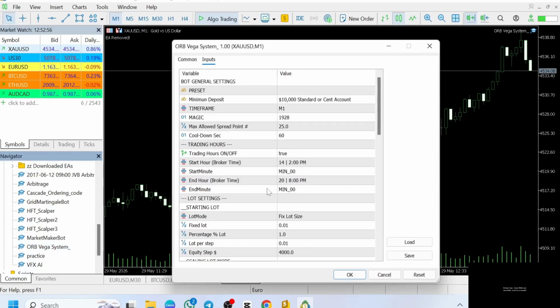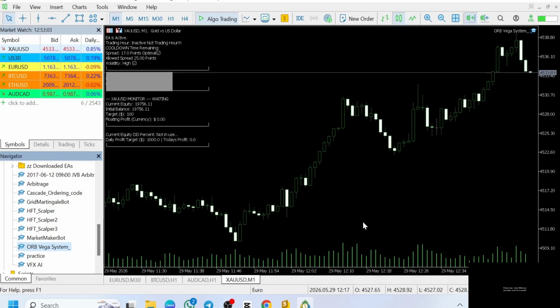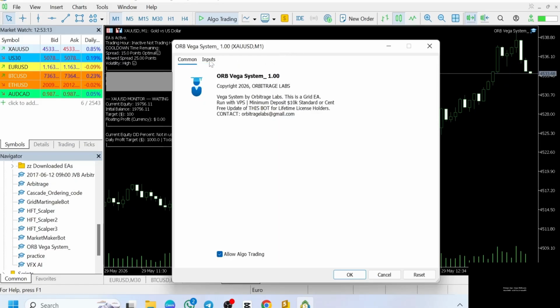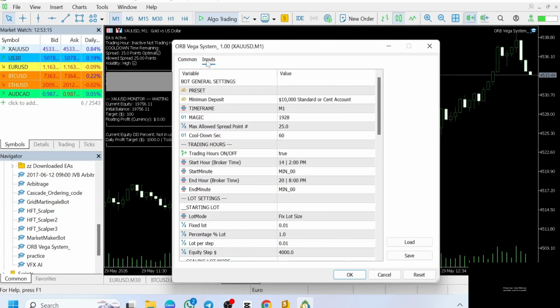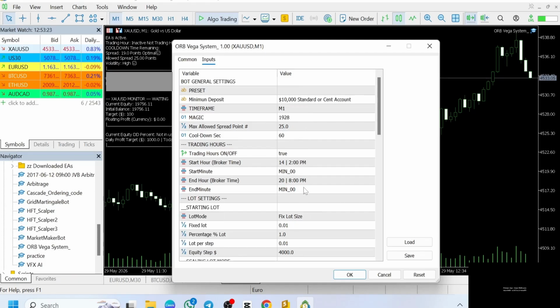When you drag it to the chart this way, you can see the inputs. If you have already installed the system on your MT5 and it is showing this way, you can double click on this blue hat over here and it will open the input settings. You can locate the input settings just over here. Now these are the input settings. Instead of being overwhelmed adjusting each setting, which can be very risky and can affect the way the bot performs on your account,